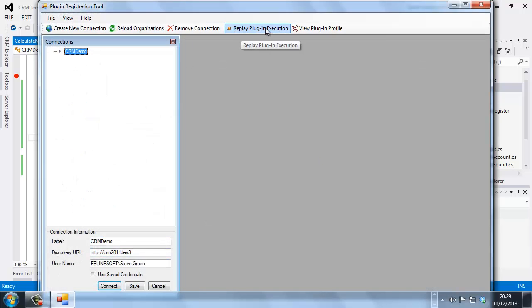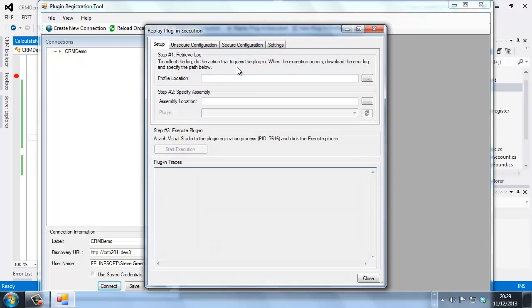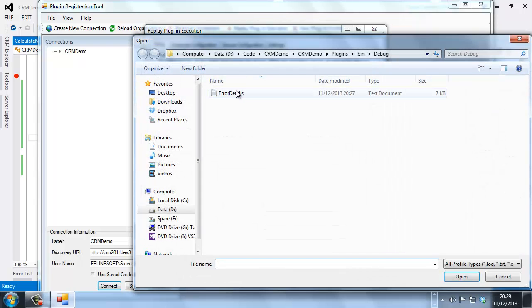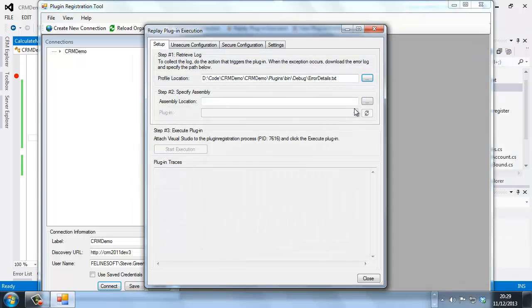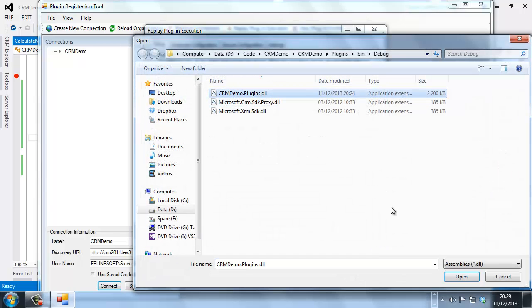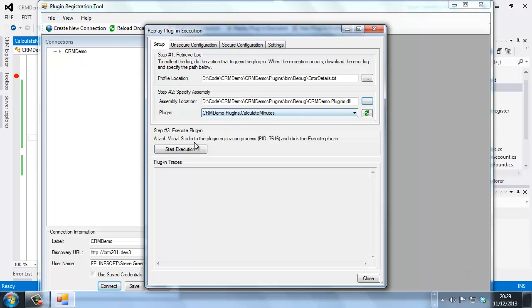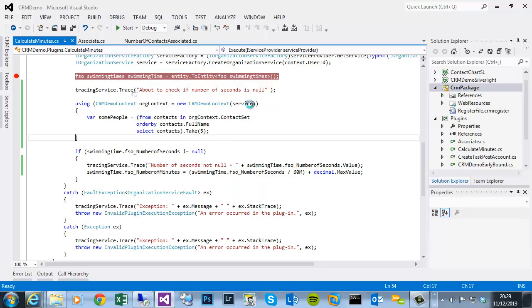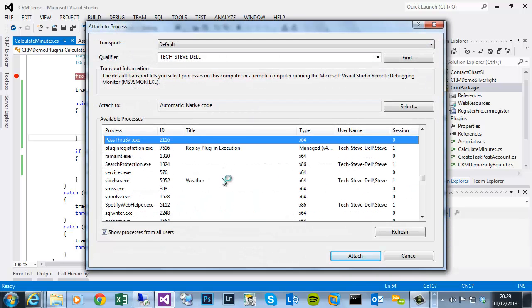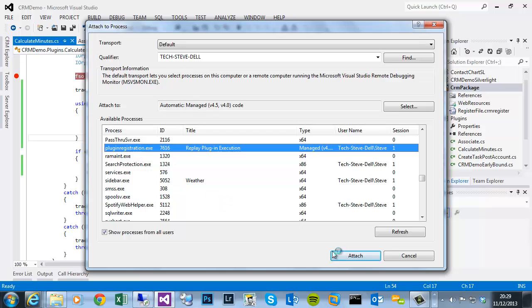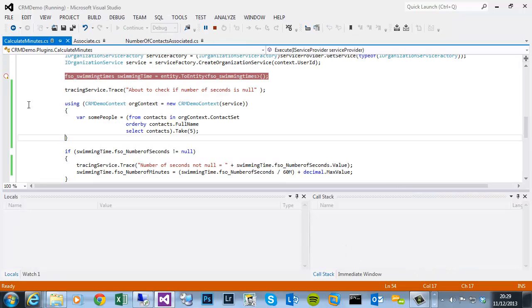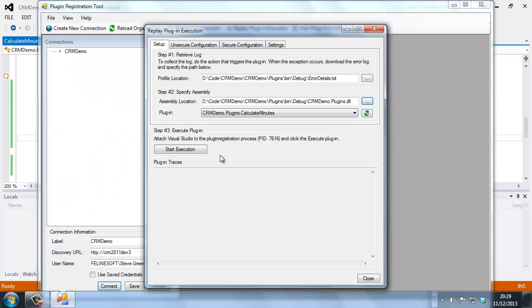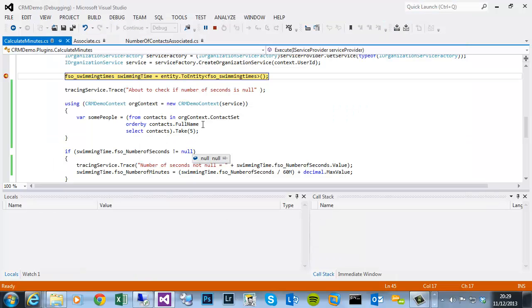this replay plugin execution. So again, same process: click it, find our error details log that we just got sent, pick our assembly, CRM demo plugins, it's on the right plugin, attach our Visual Studio, so press P, pick my plugin registration executable, attach, same scenario, break in at this instantiation, hit execute, it'll jump back to Visual Studio, again we press F10,